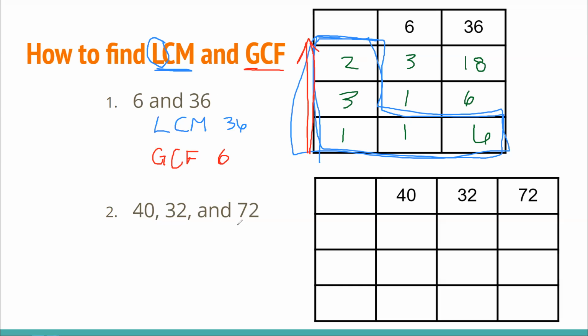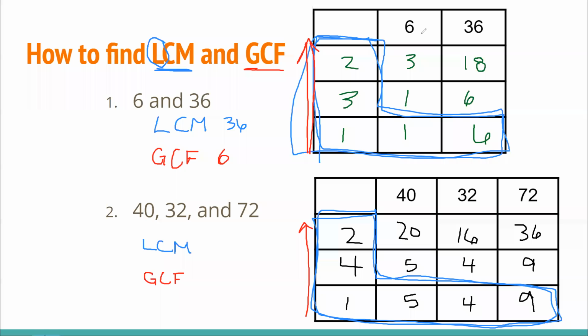If you have 3 numbers, you do it the exact same way. You just have to add another column at the end. I'm going to pause the video and fill out this table and then explain it after. And now the table's filled out. So I'm going to use this table to find the LCM and the GCF. LCM, I'm looking at my L, and I'm just multiplying all of those numbers together. So when I enter my calculator, 2 times 4 times 1 times 5 times 4 times 9, I get